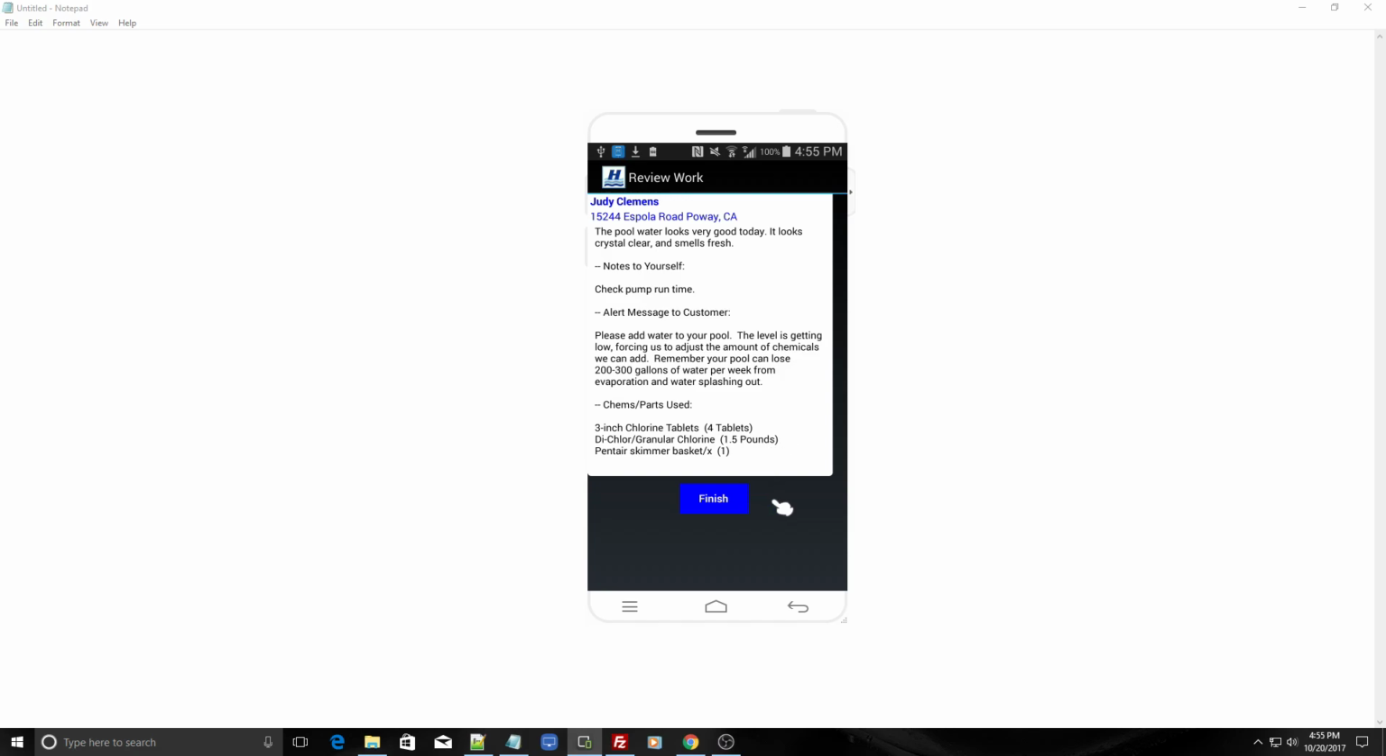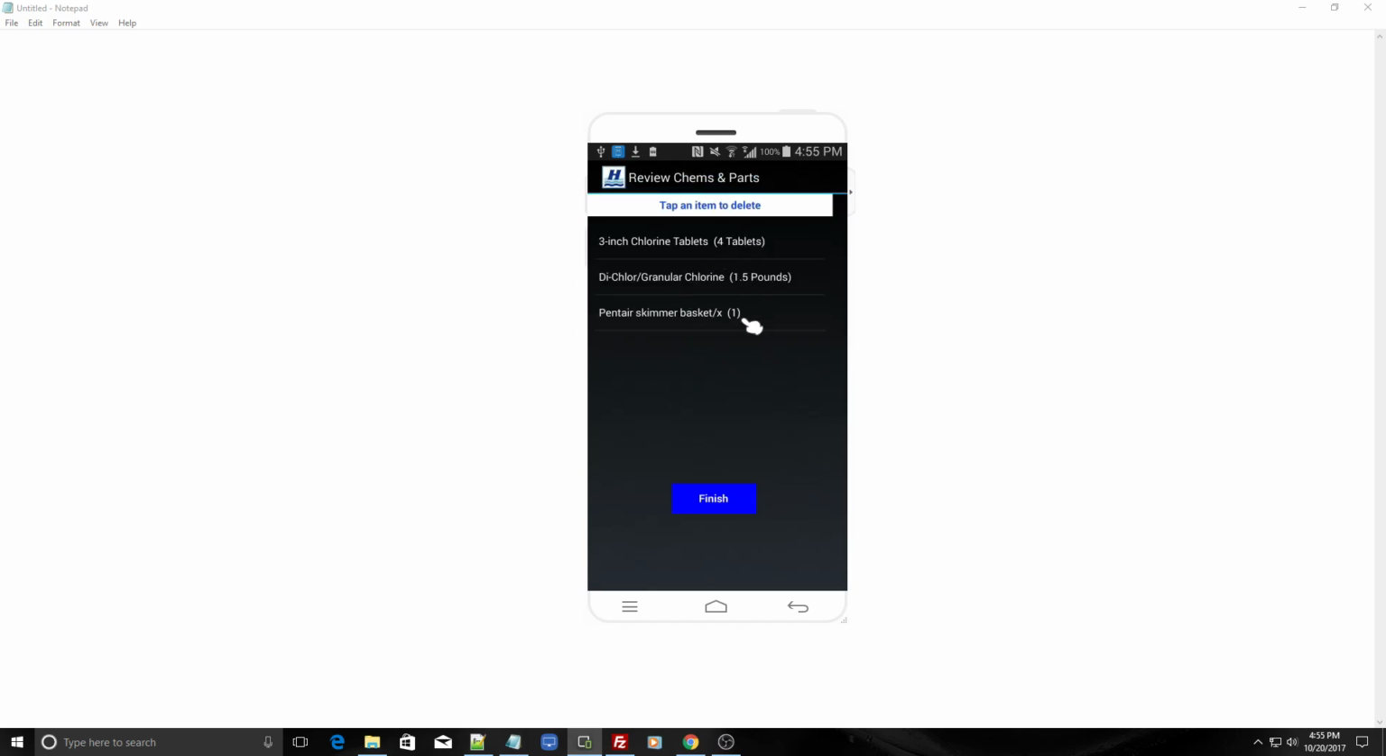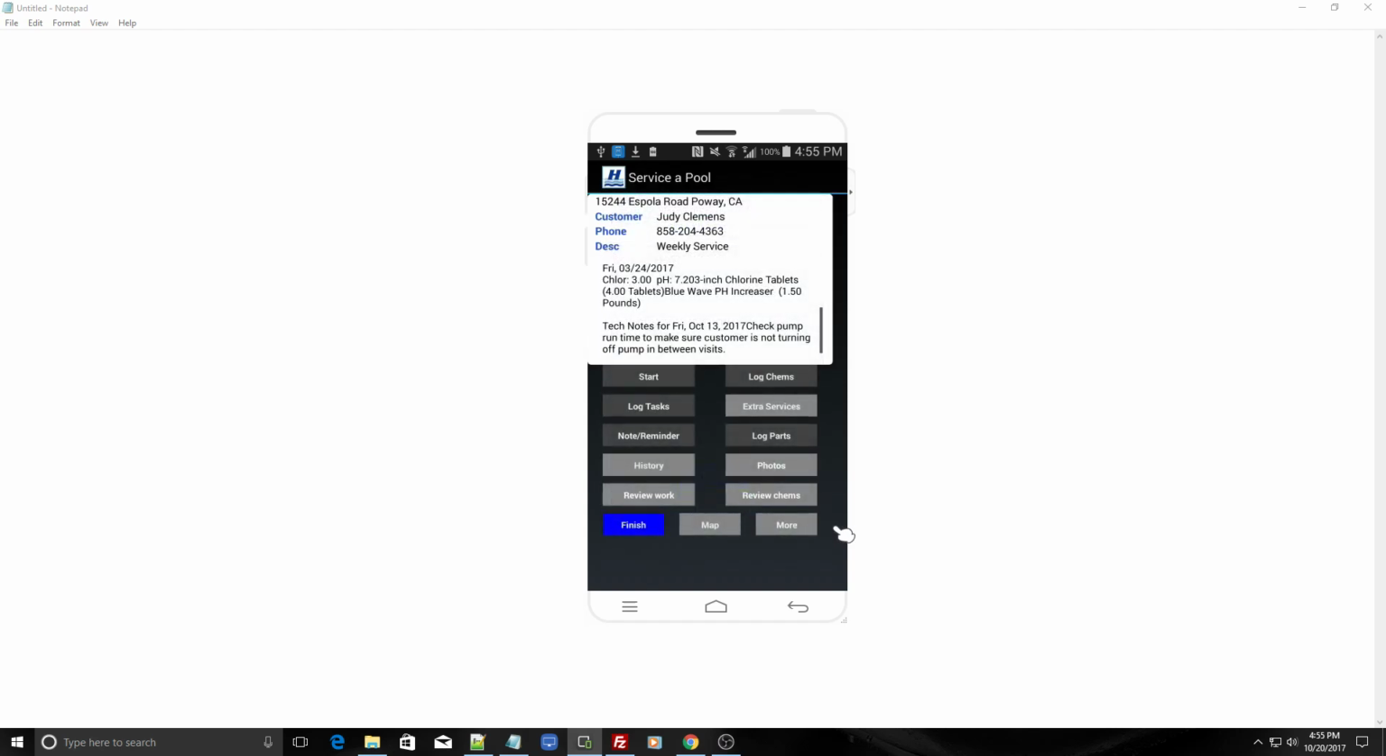Okay, so we're done looking at this, so we can just click the Finish button, and we've reviewed the list of parts already, but we can review them one more time. So click on Review Chems, and there are my chems and the skimmer basket part. So everything looks good. So I click Finish, and from here I'm done with this pool. So now I can click the Finish button,